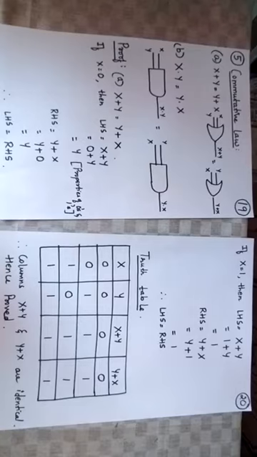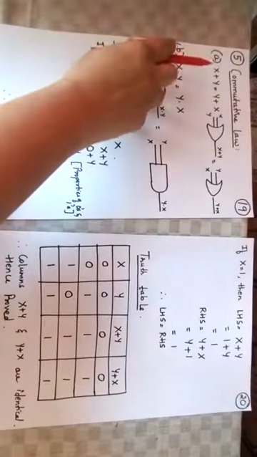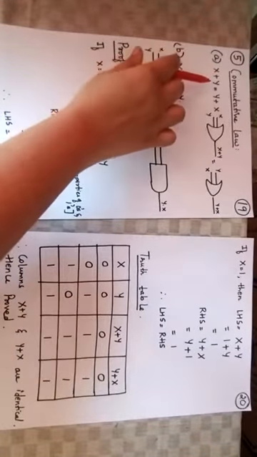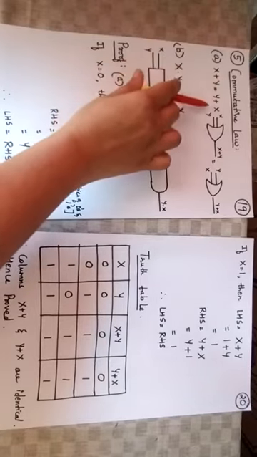Today we'll start with the fifth Boolean theorem or law, which is the commutative law. So what does this commutative law say? Under this commutative law, you have two types. The first one says x plus y equals y plus x, which means if you change the order of the variables using the OR operator, the result will remain the same. If you have x plus y and you make it y plus x, both are equal.